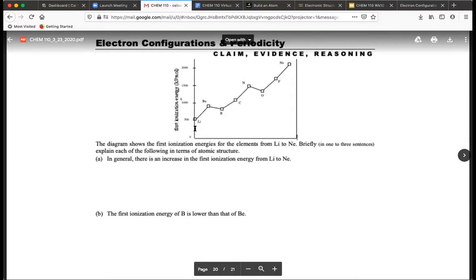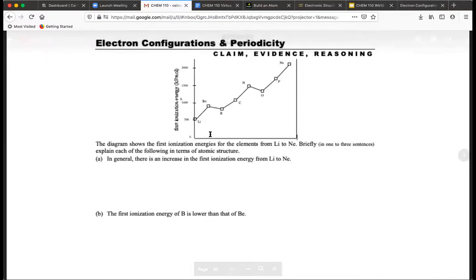But what about lithium? Think about the electron configuration for lithium. Lithium only has to lose what? One electron. Lithium only has to lose a single electron. And so if we're thinking about this in terms of why there's an increase in the first ionization energy from lithium to neon,